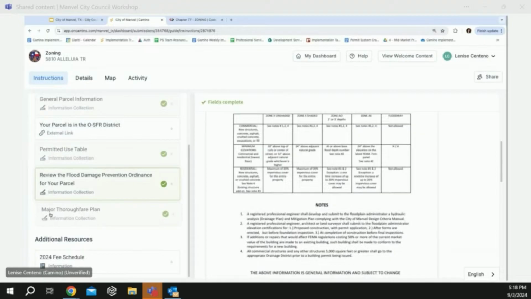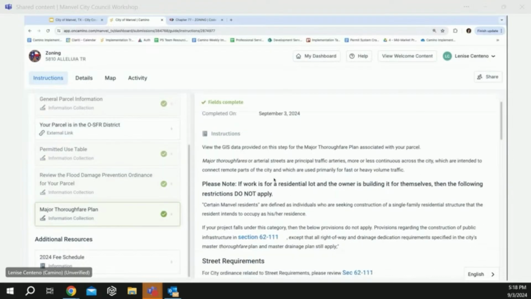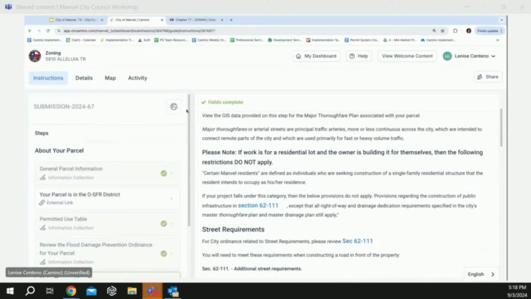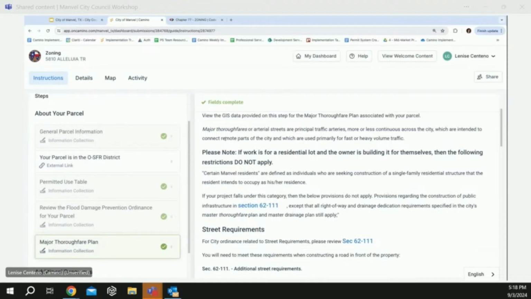We follow the same thing for the major thoroughfare plan. Really, overall, the idea is to get that research on a parcel. Maybe I don't have a project in mind and I just bought a piece of land and I'm excited to think about what I can build. That's really the objective for this guide in particular. Some of these elements are also incorporated into the building projects for both residential and commercial as they apply. So we'll be able to check that out in a second here as well.